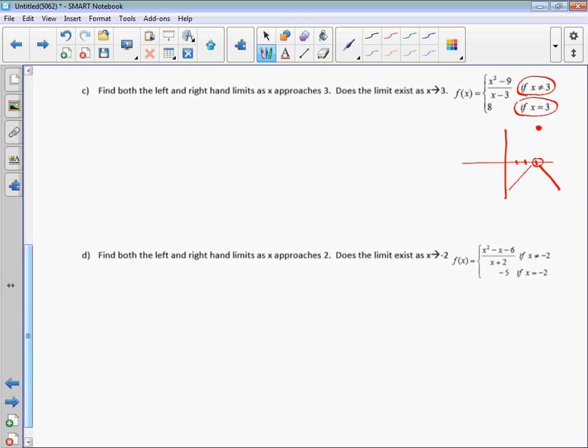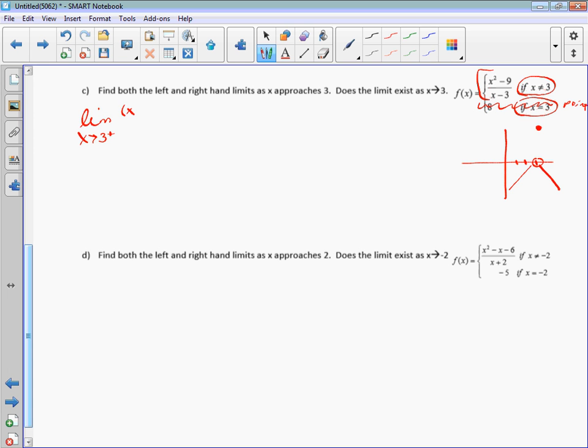So which of these gives me just a dot? Yeah, where x equals 3. We don't care about that. You do not need this 8 if x equals 3, because that only gives me the point, and I don't want the point. So you use this fraction for both things, from the left and from the right. So if I do the limit as x approaches 3 from the right,